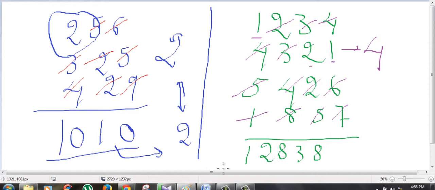Now in the same way, cancel all the numbers that add up to 9 in the answer as well. So 8 plus 1 is 9, 2 plus 3 is 5, 5 plus 8 is 13, so we have 13. Now add these as well. 1 plus 3 would be 4. So we have both of them the same again. This addition, whatever is done, is correct. So that is how we verify the validity of a sum.